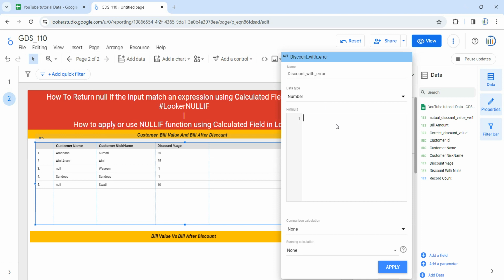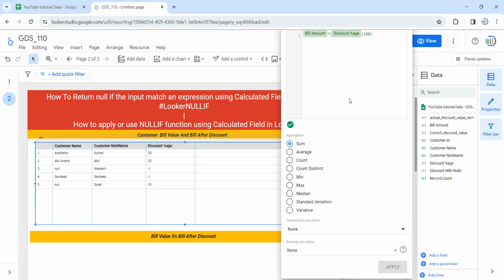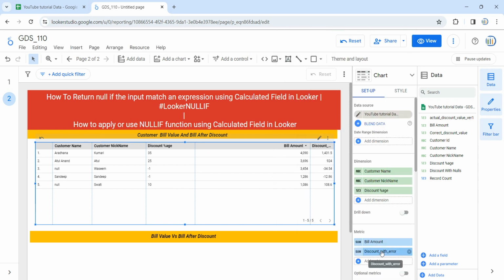So I'm going to say bill amount into this discount percentage, divided by 100, and I'm going to add brackets over here so that we can see what was the discount given to the customers. So as I have created this field discount with error, this is also a calculated field,